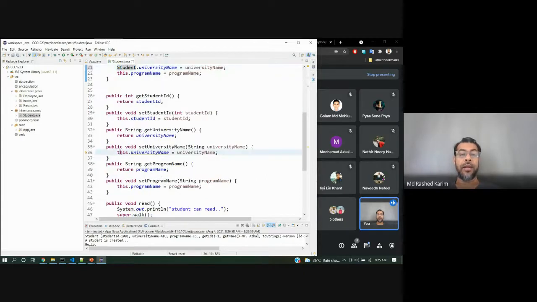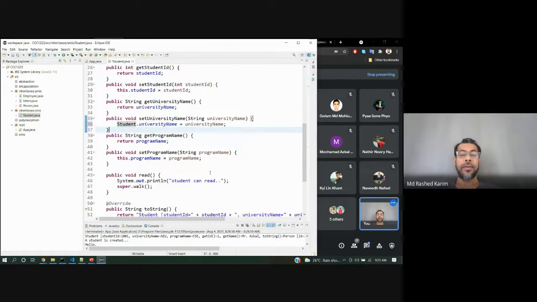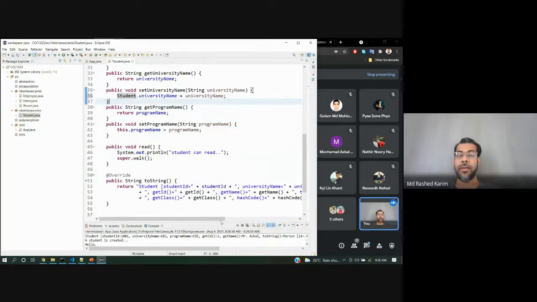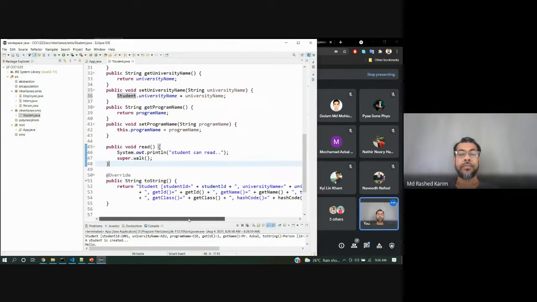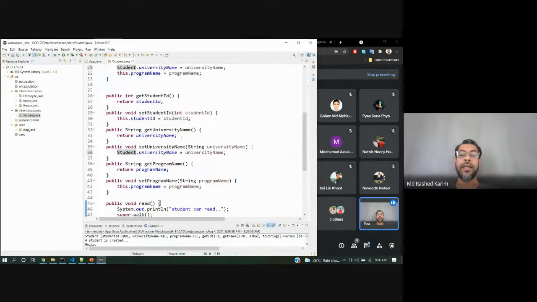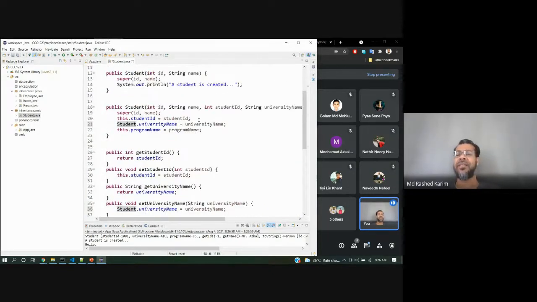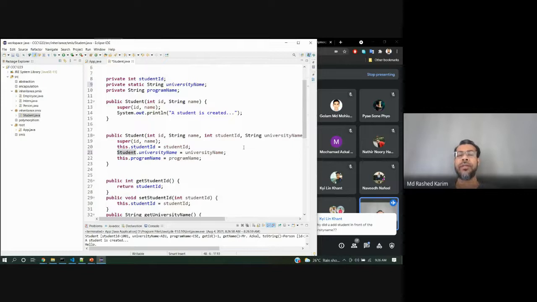Okay, you see the same thing, you have to do it. Copy and paste. Okay, this is no problem. Now it's okay. So what's the basic difference? Basic difference is in the memory, nothing else, because the university name is common to everyone.